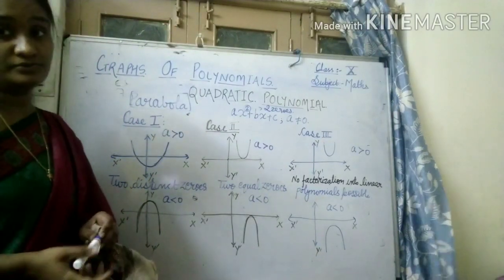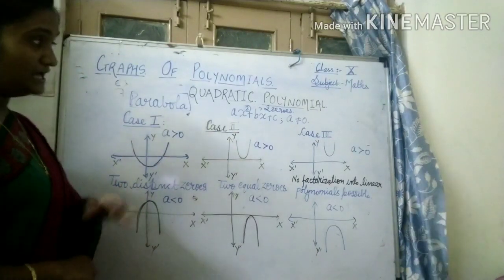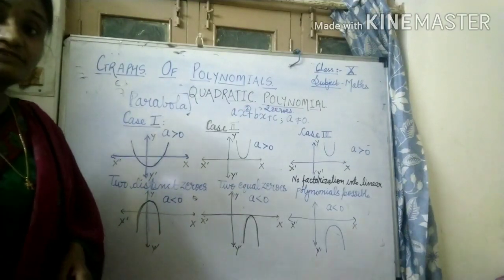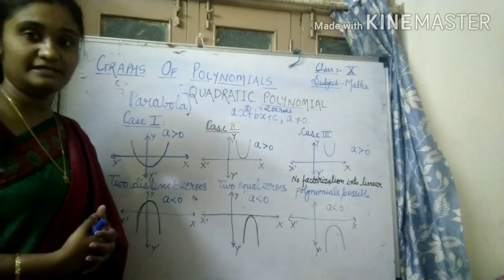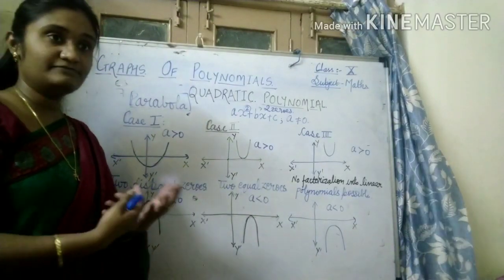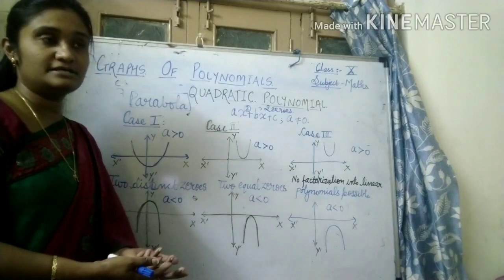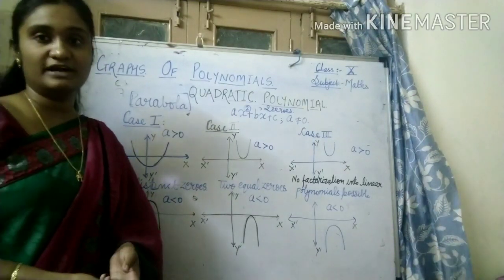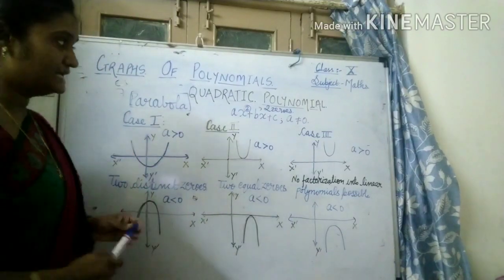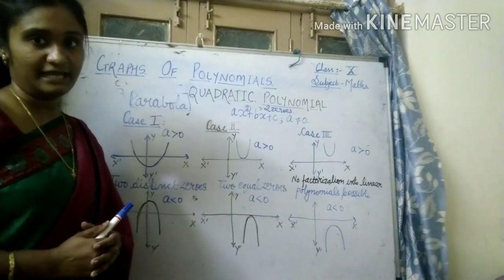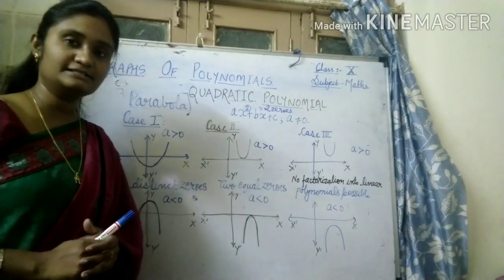Now these 2 zeros which are possible can be of different variety. For example, it may be possible that both the zeros are different. Different means, for example, one of the zeros is 2 and another zero is minus 2. One of the zeros is 0 and another is 1, and so on, like various types of examples. Now from where are you going to get them? You are going to get them after factorizing this polynomial ax square plus bx plus c. Factorization of quadratic polynomials you have already learned in class 9th.